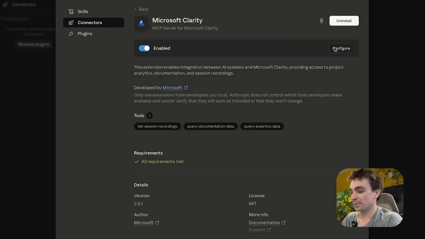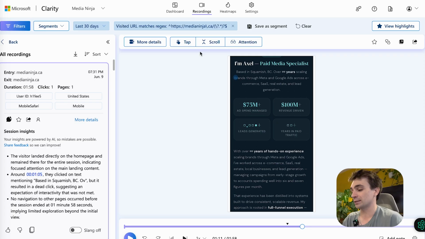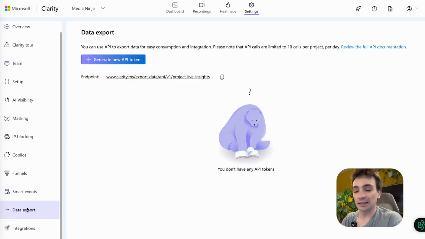It's already on my website, but what you're going to want to do is click on Configure, and it's going to ask you for a Clarity API token. So what you want to do next is go back to your Clarity account and go into your settings. From here, you're going to click on Data Export right here, and it's going to prompt you to generate a